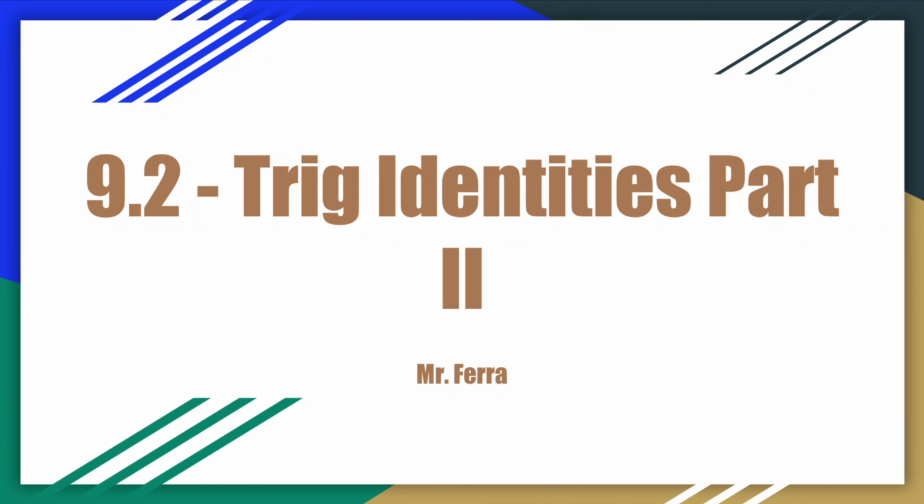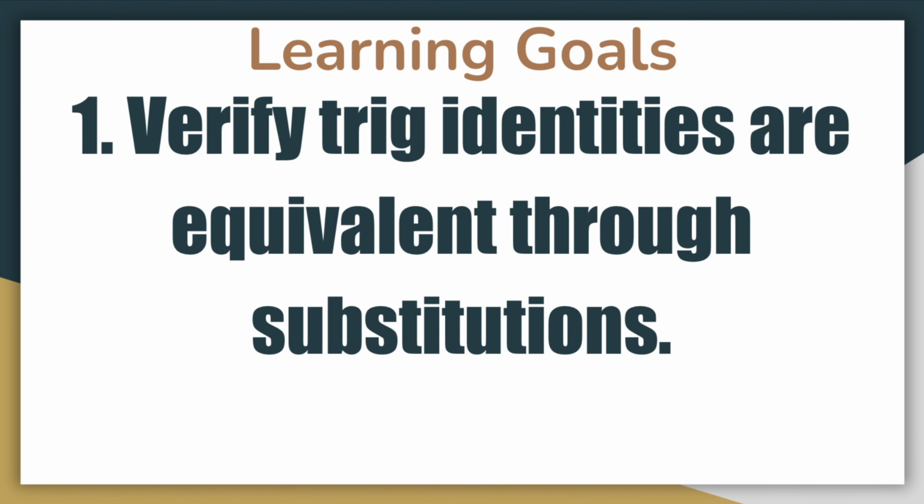We got 9.2 Trig Identities Part 2. In this lesson, we're going to do the same thing we did last lesson. We're going to verify trig identities are equivalent through substitutions, but we're going to be focusing on problems that require different ways to solve them, or just some of the more hard ways to solve. So some of this stuff you would have seen in the last lesson, but we're going to continue to practice